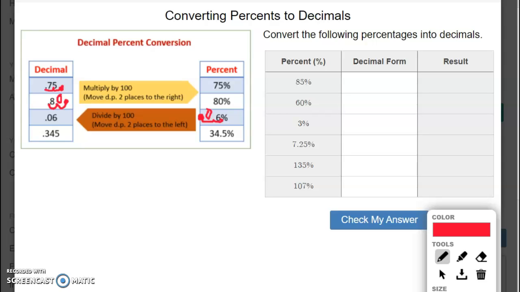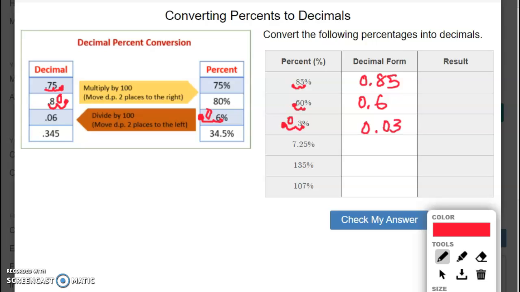So likewise, you can look at converting percent to decimal. Currently the decimal place is right here. To get to decimal, I need to move it to the left by 2 places, so that becomes 0.85. And again, move 2 places to the left, and so that's going to be 0.6. Again, the decimal place is here right now. Then move 2 to the left, it's going to be right here, and you need to fill it in with a missing 0 if there is no number, so it's going to be